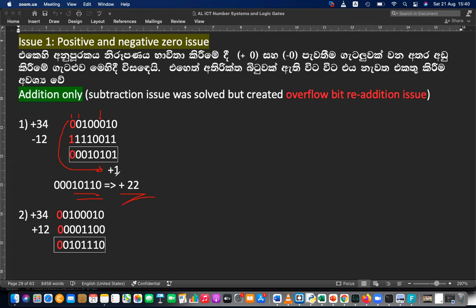one's complement. Okay, you can write the first issue. The positive negative 0 issue was there. But the subtraction issue was solved using the addition only method, but still you need to add the overflow bit repeatedly, add the overflow bit again. So that is kind of a headache, because in case of overflow, you have to bring it down and add it again. So addition is not going to be finished with one step,